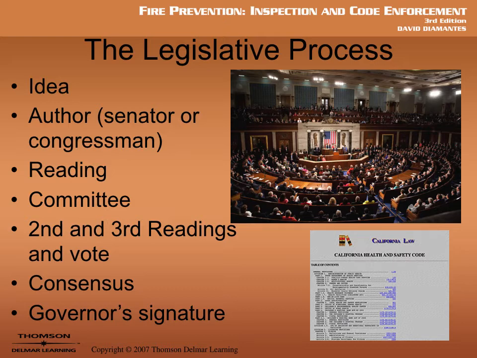If it does get that yes vote, then it goes to the governor or to the president's desk. It has to pass in both the Senate and the Congress, then it goes to the governor or the president. Now, the governor or the president can do what? They can say no, and then what do they call that? A veto. So they have veto power, and they can say, no, I'm not going to sign it.